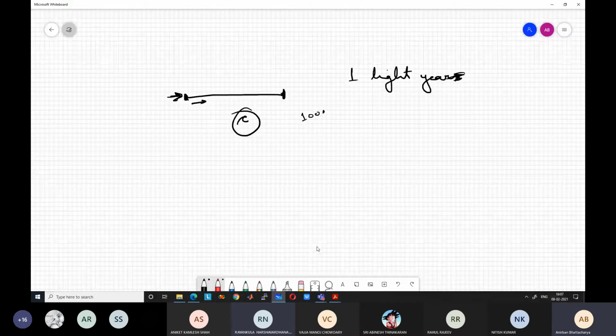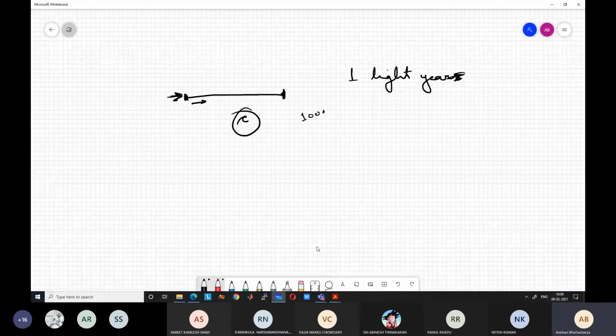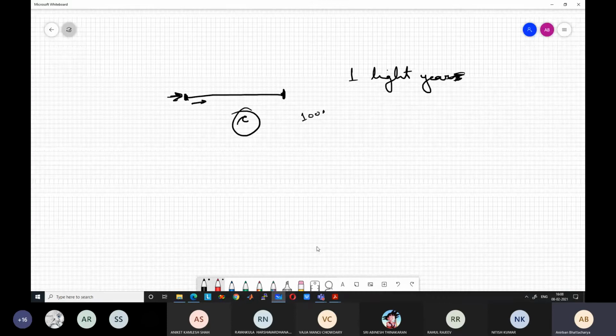It will not depend on anything. It will immediately start. If one end starts, immediately the other end, even if it is 100 light years away, will start moving. Okay, but because there cannot be any real object like this, this is just a hypothetical question. Okay, if you consider hypothetical, anything is possible. So in real life, it is not possible. Anything rigid is not possible.